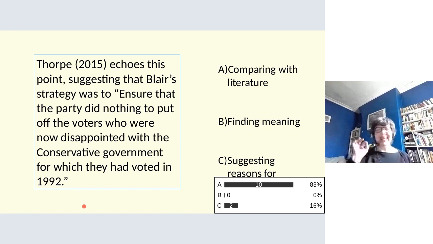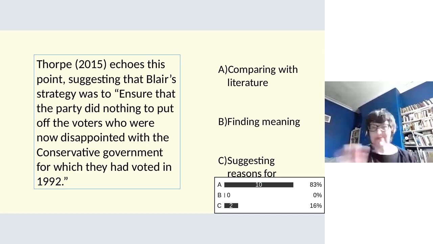Yes. Okay. We've got a comparison with literature here. Now, a couple of you also put suggesting reasons for findings. I can maybe see why a couple of you did put that. Oh, sorry, I keep jumping about between these pages. If those of you who did put C want to give your explanation in the chat box, feel free to, because